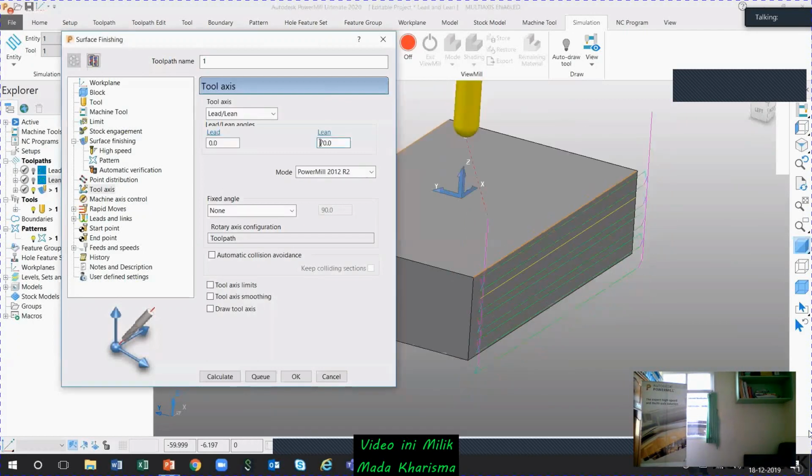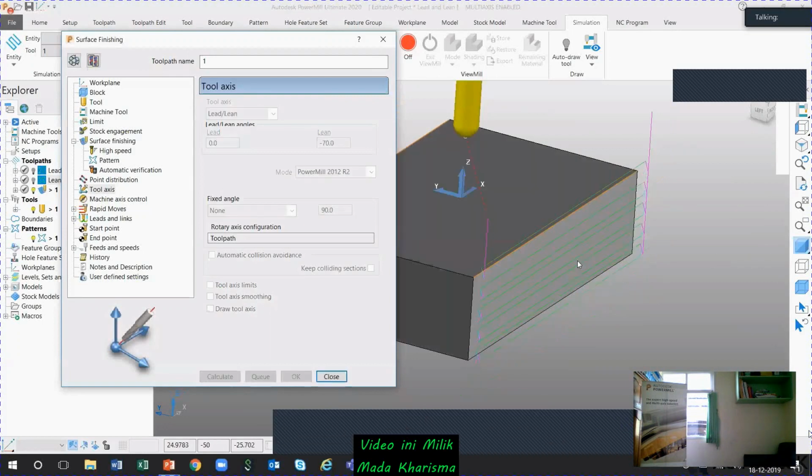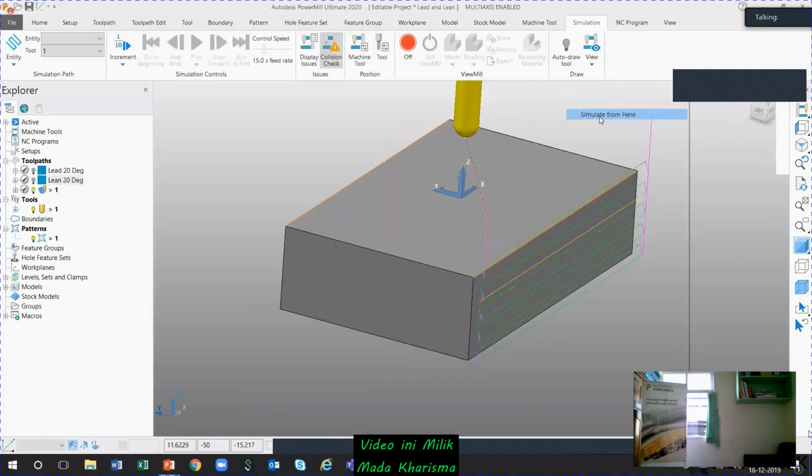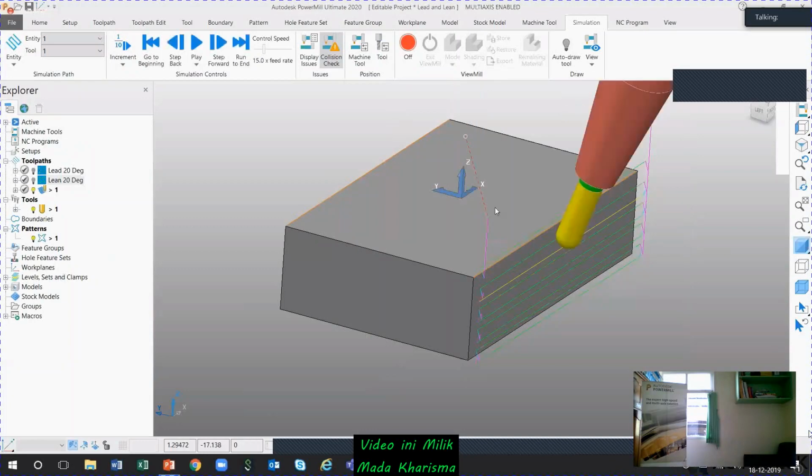So go back to this one. Okay, 70 degree here. If you look from the side view, it is 70 degree here. So you can simply create your toolpath by using the lead and lean angle.